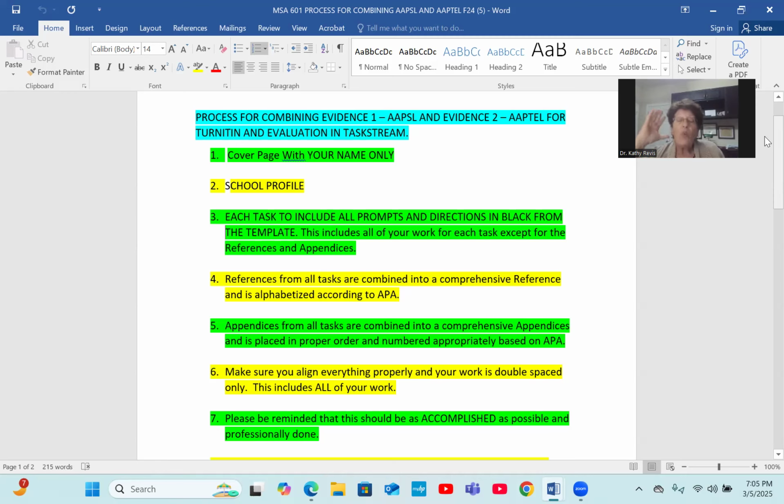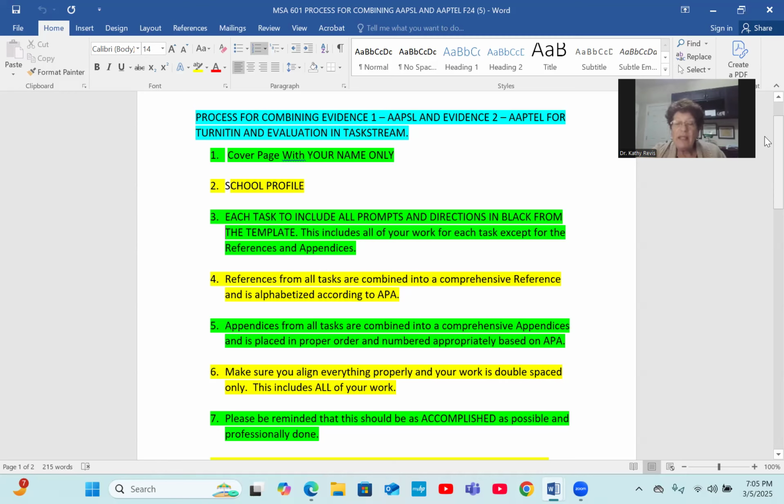When we look at all your APSL tasks 1 through 5, we look at format predominantly making sure you've got everything in there. But we do look at format this time, and we want to make sure that everything is the best it can possibly be before you go to turn it in and before you go to the evaluator. Your references should be combined into one comprehensive reference section that is alphabetized.